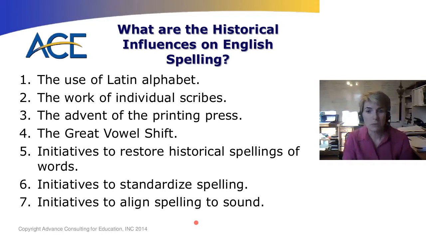So they had to come up with combinations of letters that would allow them to represent the sounds. And unfortunately, different people writing down the English language came up with different combinations. And so we ended up with a lot of variety. But this is the foundational challenge to English spelling, is we simply don't have enough letters to represent the number of sounds that we have in the language, because we're using a Latin alphabet, which was created for a language that had fewer vowel sounds and fewer